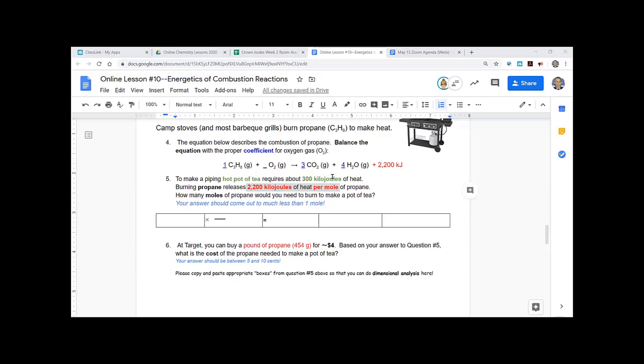There's a green number and there's a red number. The red number is the conversion factor that will go in the second box. You can see there's a fraction, something on the top, something on the bottom. So that's what the red number is because it has both kilojoules and moles. It has to be a conversion factor, which means this green value here is where you start the problem. Okay. So we'll put in this space the 300 kilojoules.